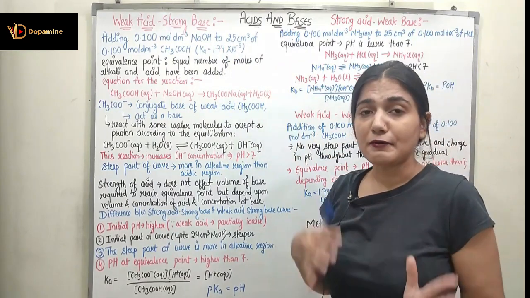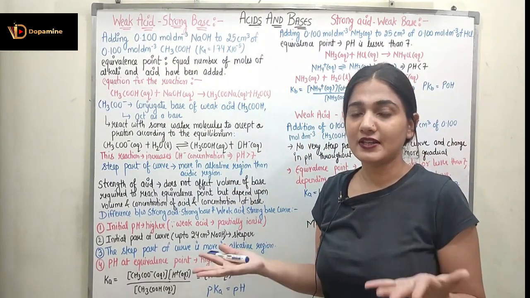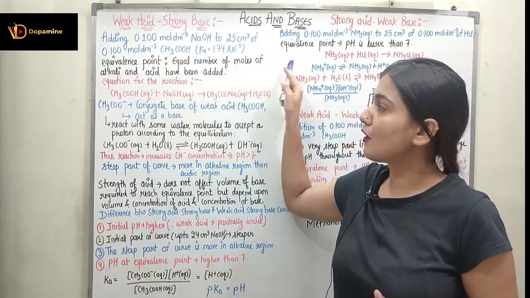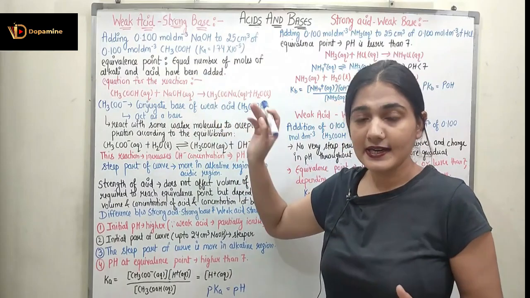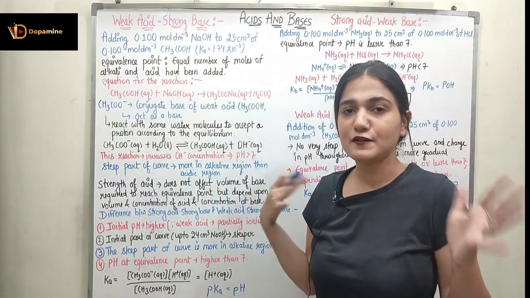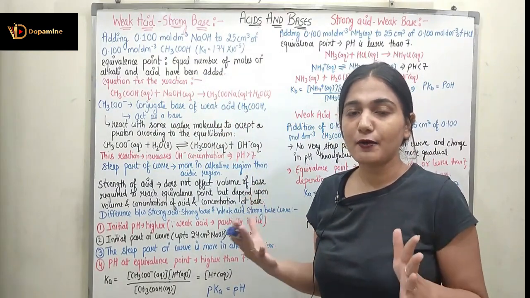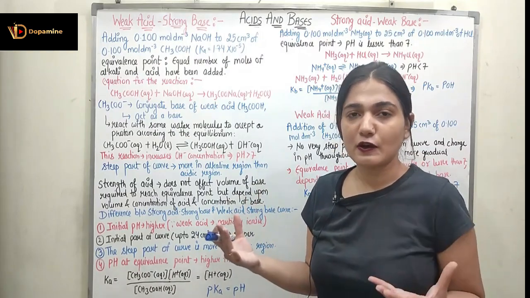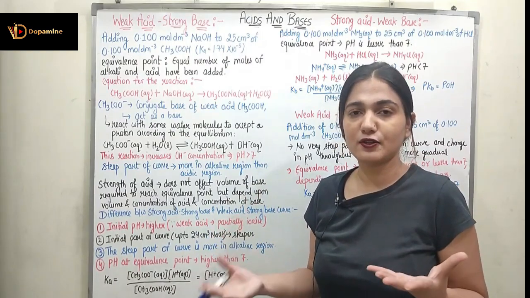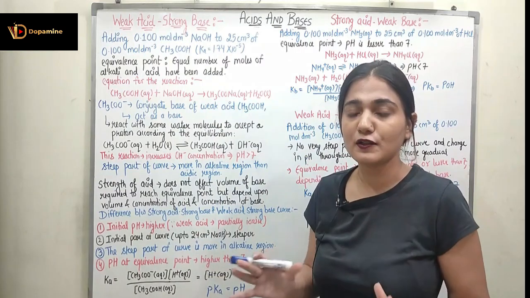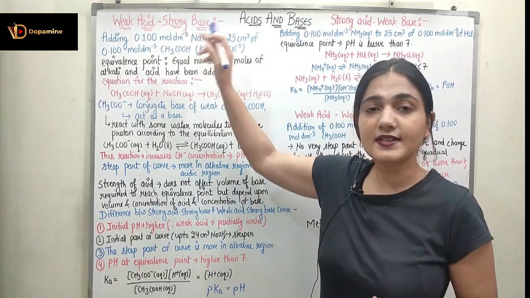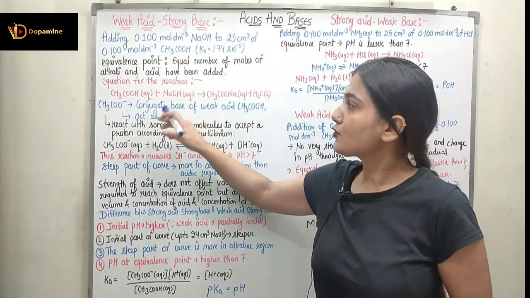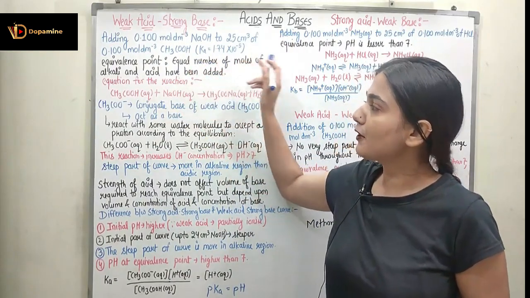Now coming to the equivalence point. When I am doing this titration, the equivalence point will be reached when I have equal number of moles of alkali and the acid, right? With strong acid and strong base, I got the equivalence point when I added 25 centimeter cube of strong base to 25 centimeter cube of strong acid. Here also, with weak acid and strong base, I require the same volume. We require equal number of moles.